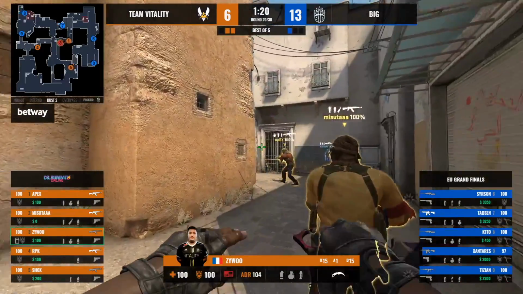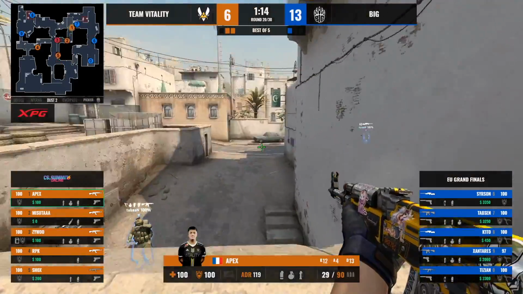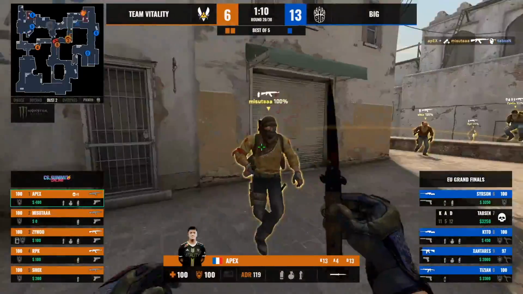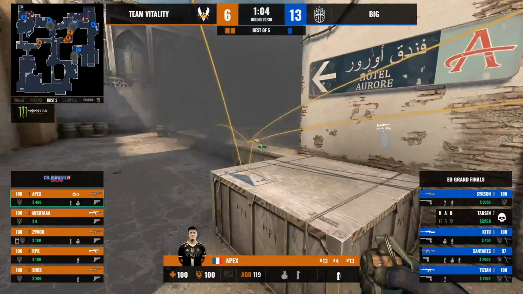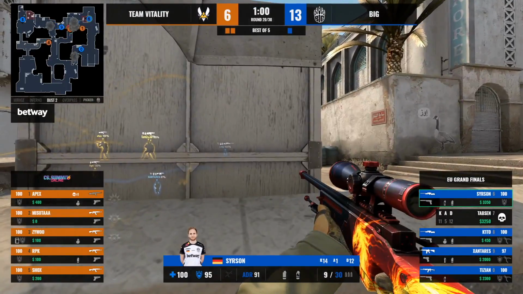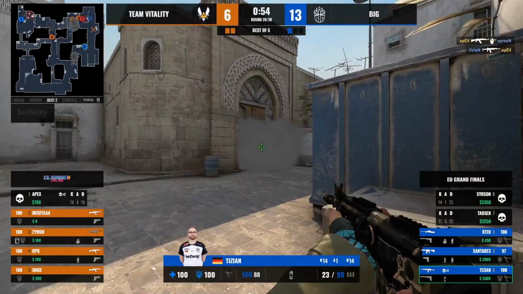Now we've got TabseN in CT spawn. 2-1-2 set up from Big. TabseN's quietly repositioning. Again, these grenades, just like Apex did, but look at the timing from Apex. Got to do better than that to make the same play as he was doing earlier on. Great position for Citizen. So much damage possible. No. Oh, Apex does actually manage to find his way around the corner just in time to take down Citizen,